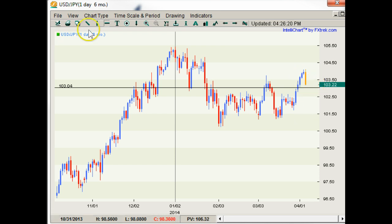Having said this, though, I think we clearly consolidate here. In the short term, this may look ugly, but in the longer term, it still looks much more constructive, because effectively I think we consolidate somewhere around here, creating a higher low, a still longer-term, more viably positive picture, because we're making higher lows and higher highs continuously. Only if we literally flush all the way down to 101.50s and create fresh new lows against this wave can you say that this was a truly failed rally. So for now, it looks corrective, and actually probably 102.50 bids would not be a bad place for